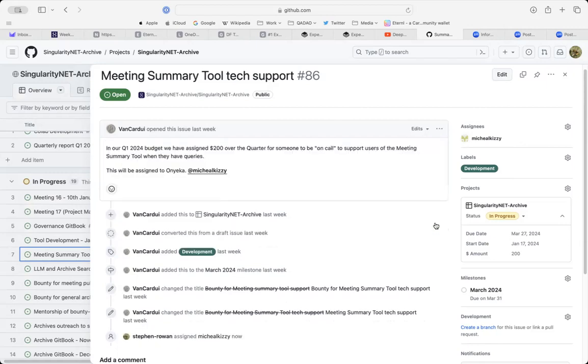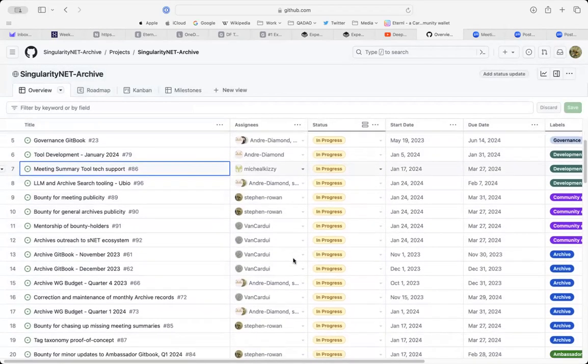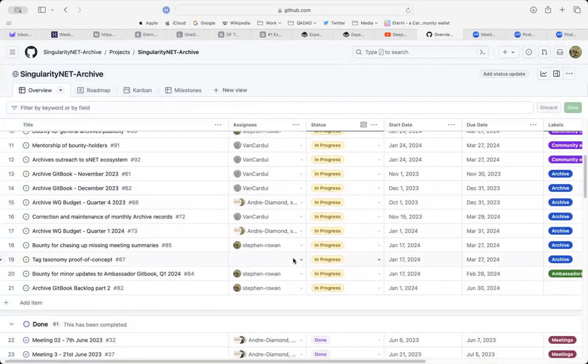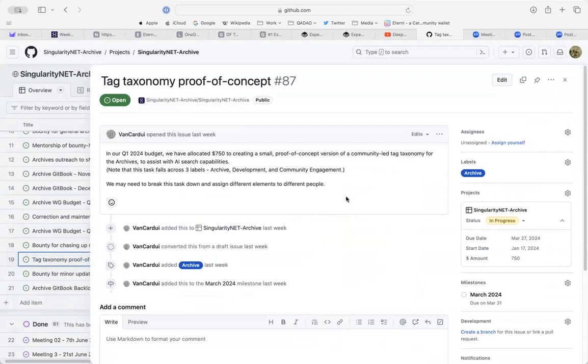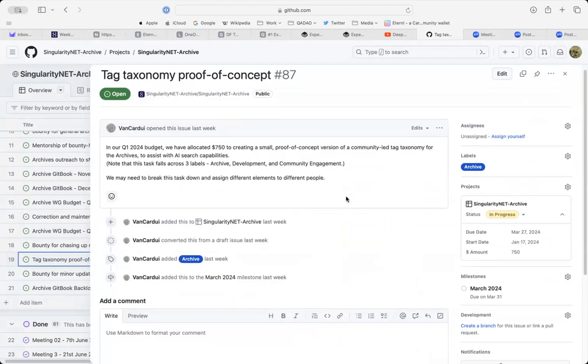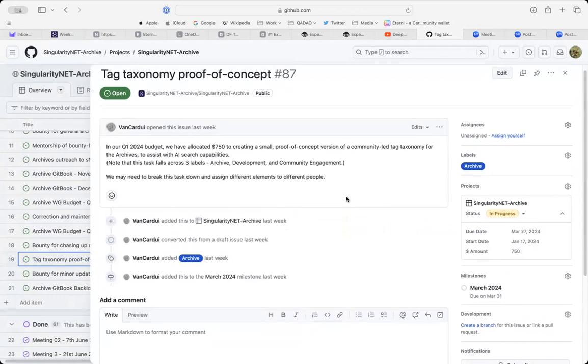Okay. The taxonomy content. That's not assigned, is it? Yeah, this one. No, it's not, because as we said, we need to break the task down and assign different elements to different people.